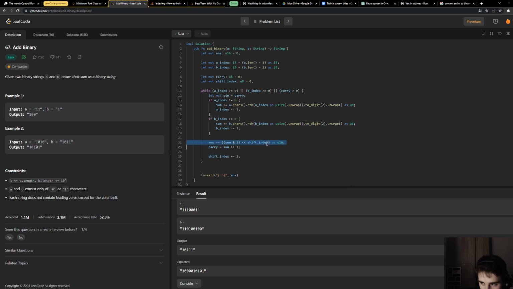I don't think my logic is wrong. Shift index. I think I know where my problem is. I think it's coming from here. usize.